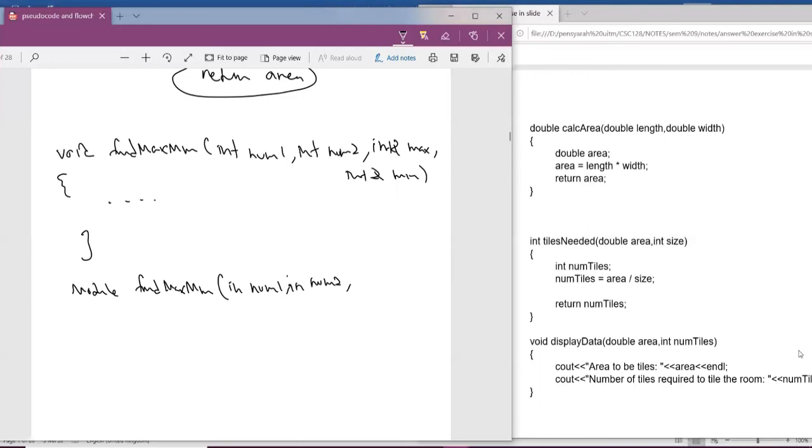So reference ni kan dia masuk keluar. So gantikan kepada in out max. So kat sini pun in out min. Ni contoh dia. Ini pseudocode for reference